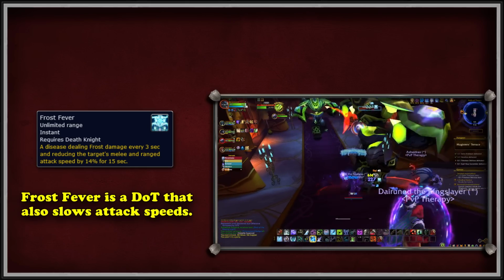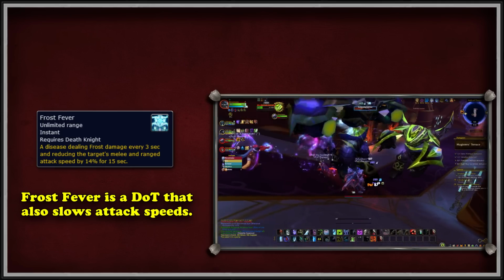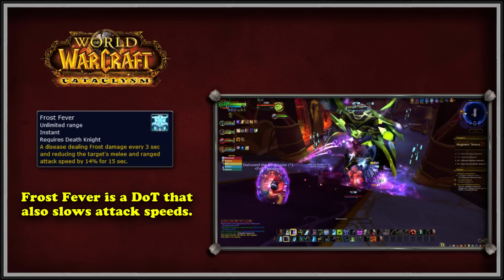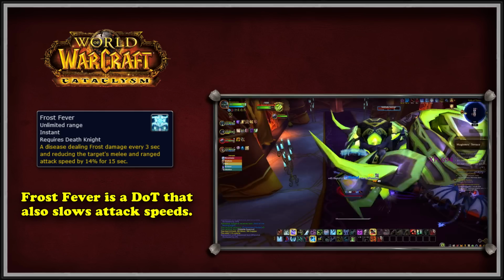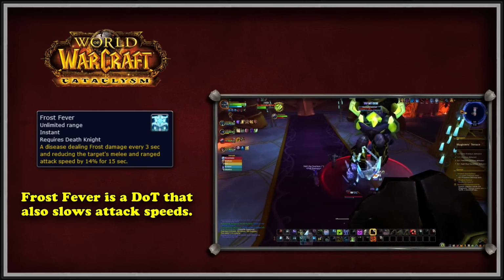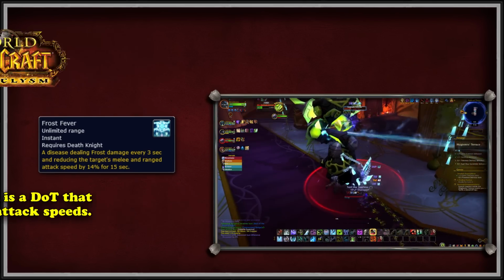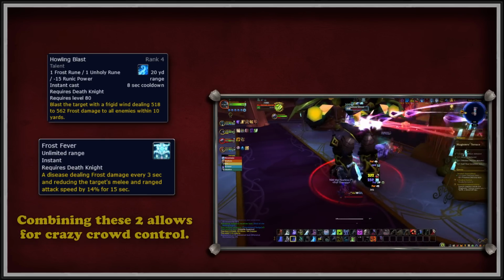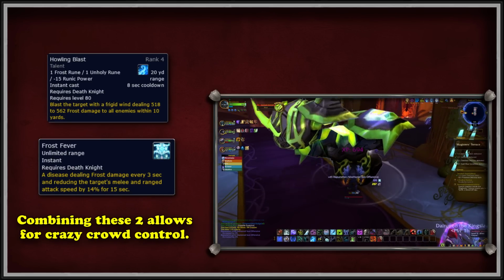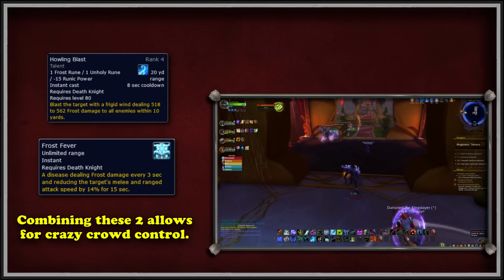This ability not only applies a frost damaging dot to the target, but it also reduces their melee and ranged attack speed. In Cataclysm, the Frost Fever ability dealt frost damage every 3 seconds, and reduced attack speed by 20% for 21 seconds. The ability itself seems pretty strong, but when combined with an AoE spell that also gives the debuff to every target within a certain area, it becomes clear why this was almost a mandatory combination for Frost